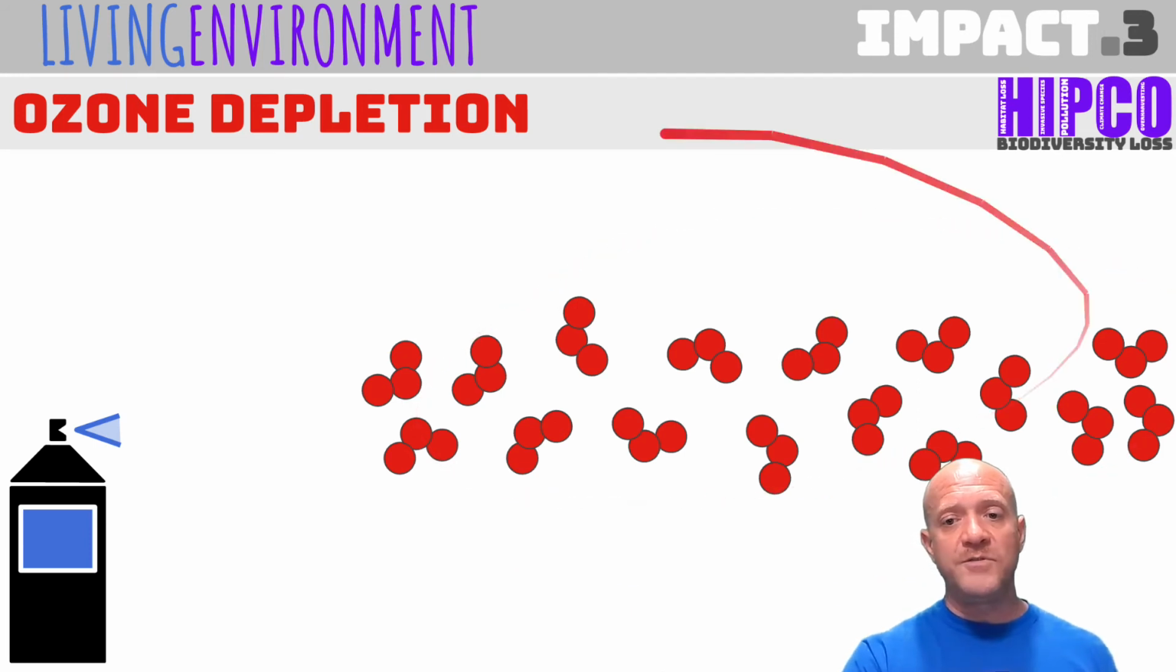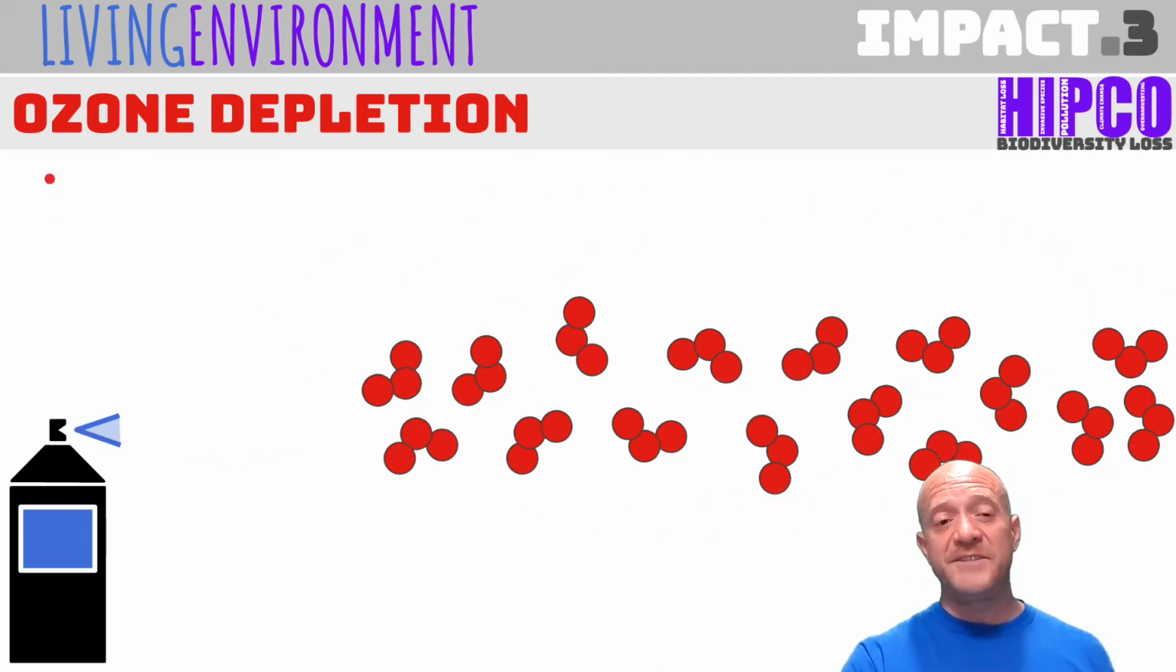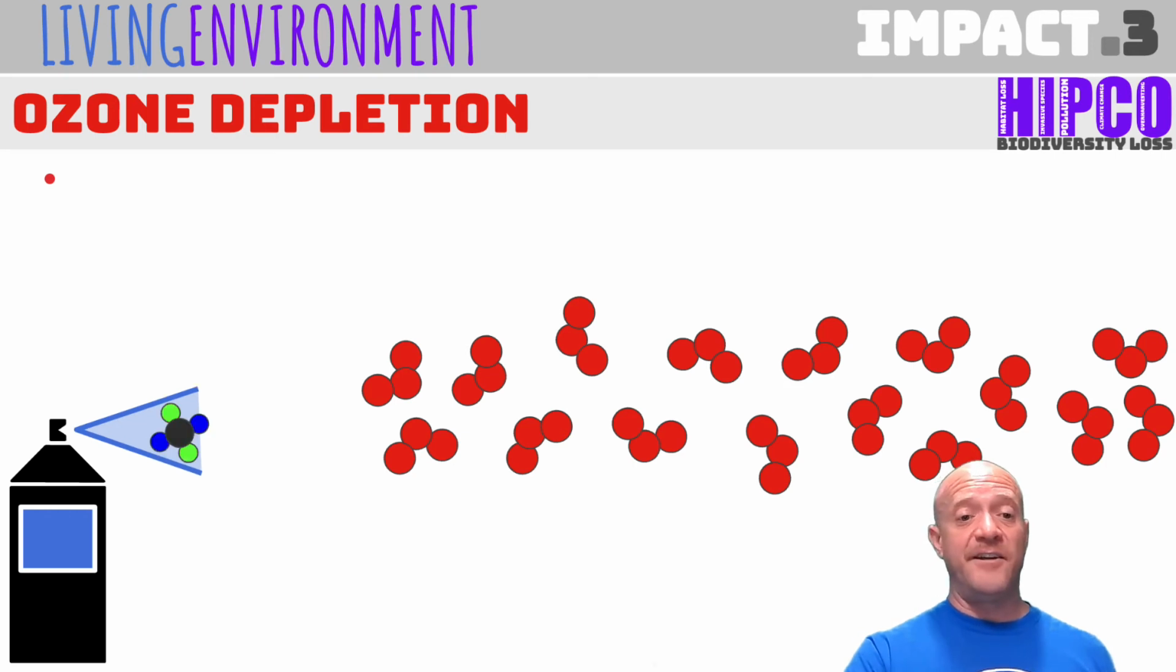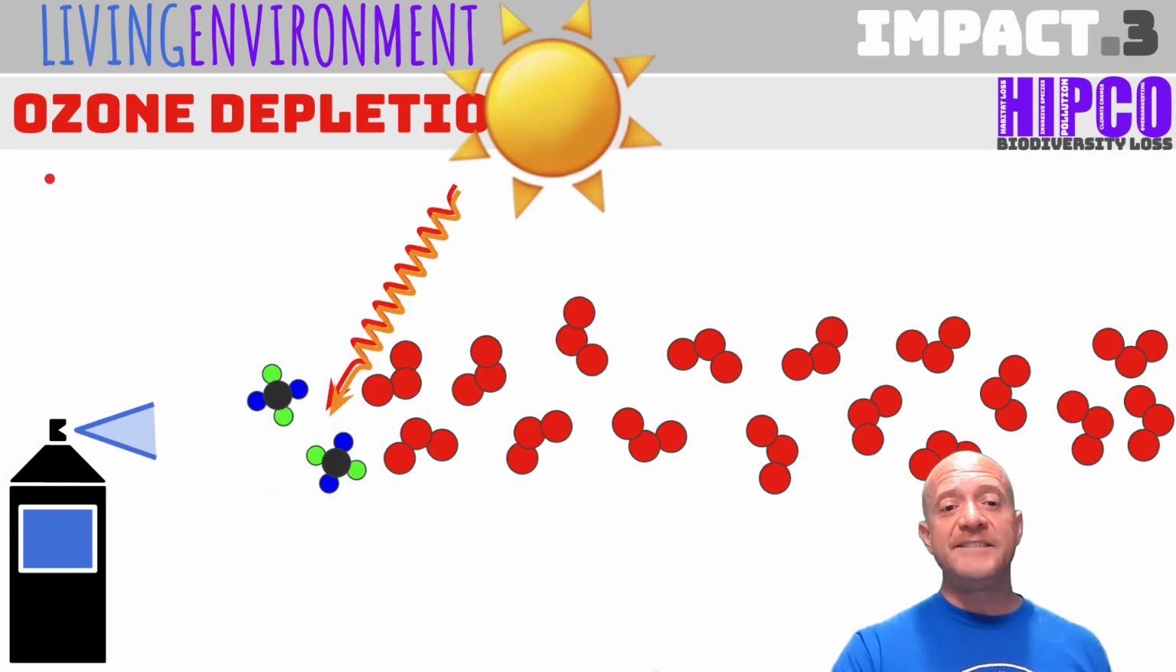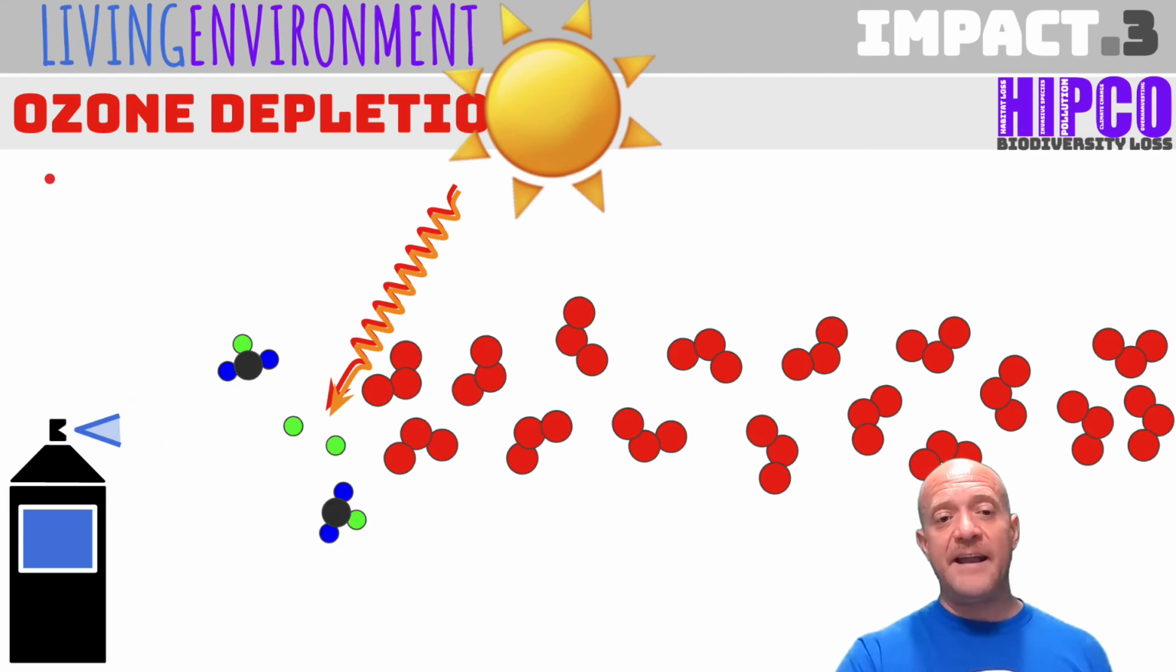These are all ozone molecules. This is an aerosol spray. We don't see chlorofluorocarbons in aerosol sprays any further, but this is basically how it started. So as you spray, you get these CFCs, and the sun's energy hits these CFCs, and it pops off a